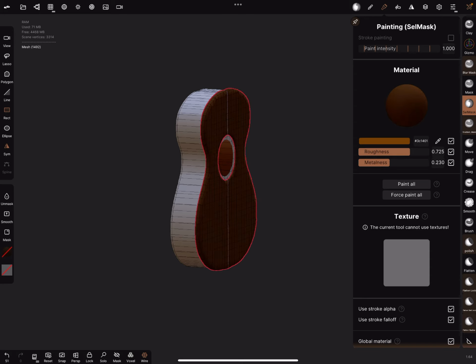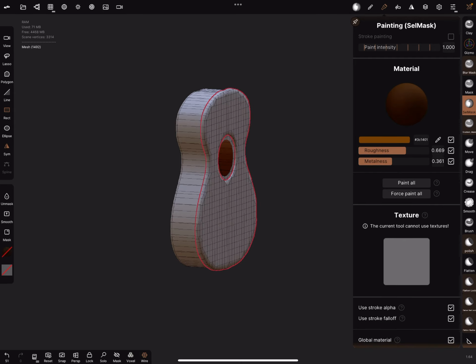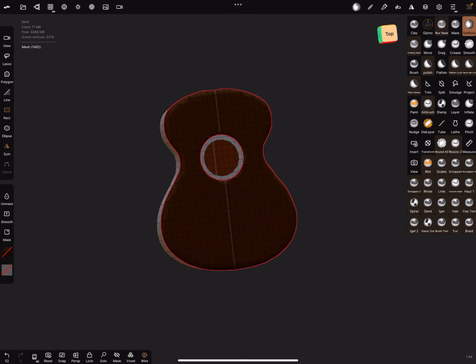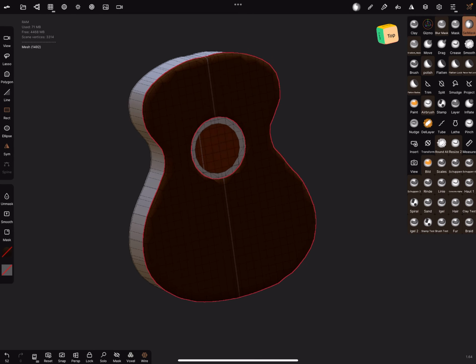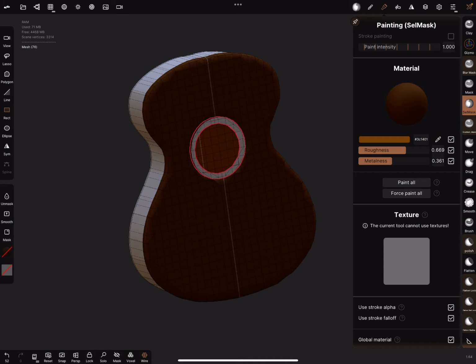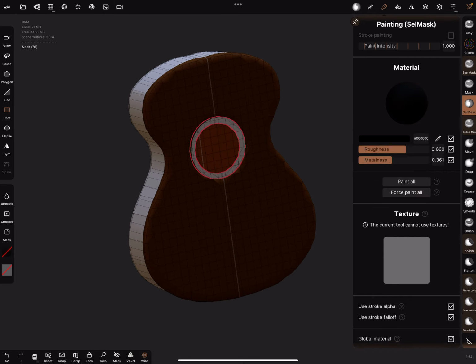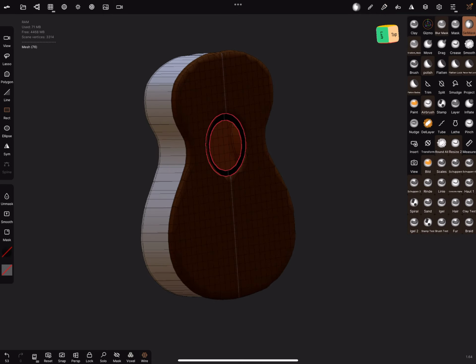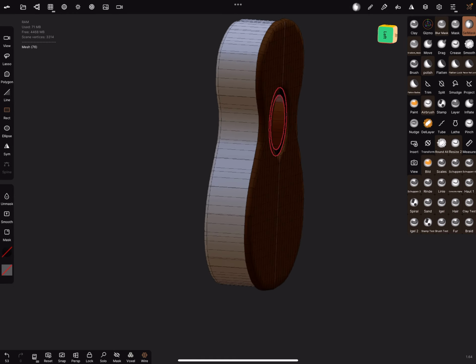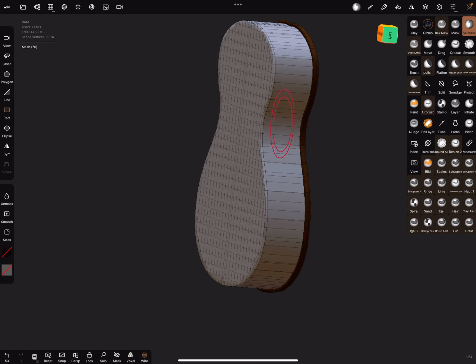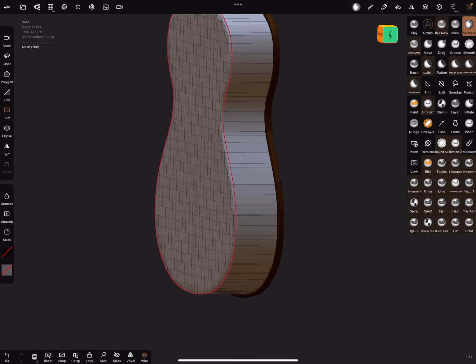A little bit more metalness. Okay. And the ring we paint black. Now it's fine. Okay, the other side we can also paint.